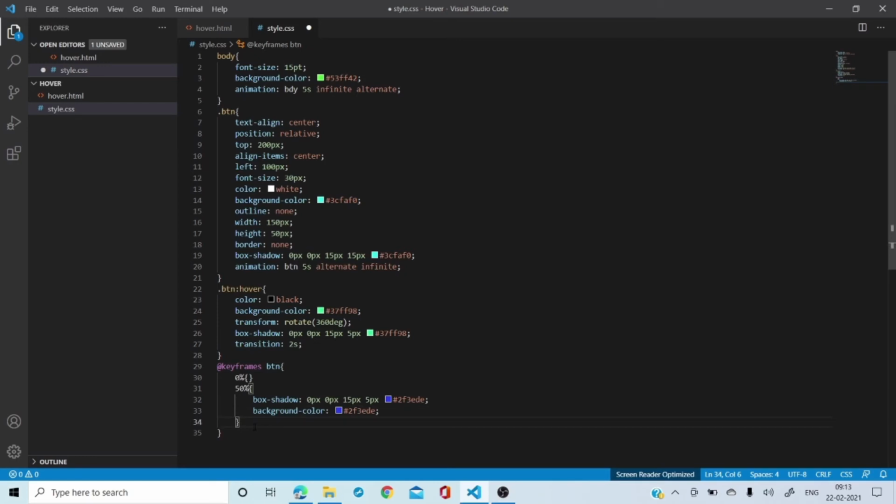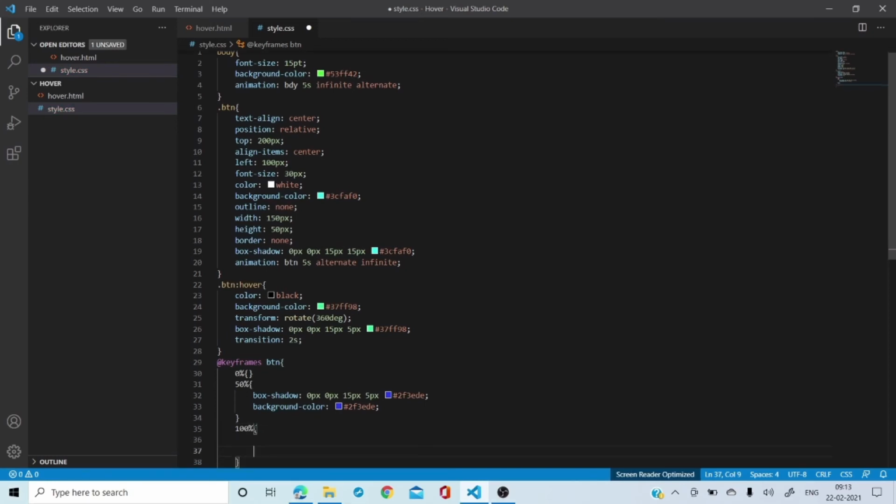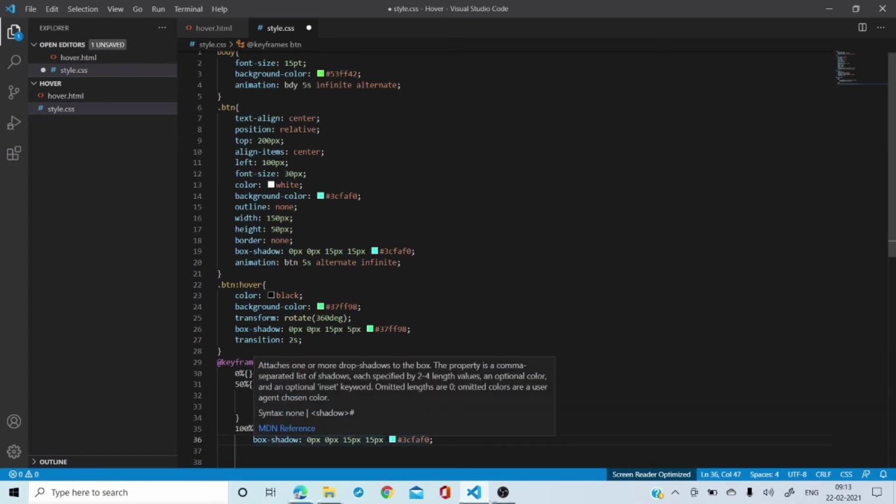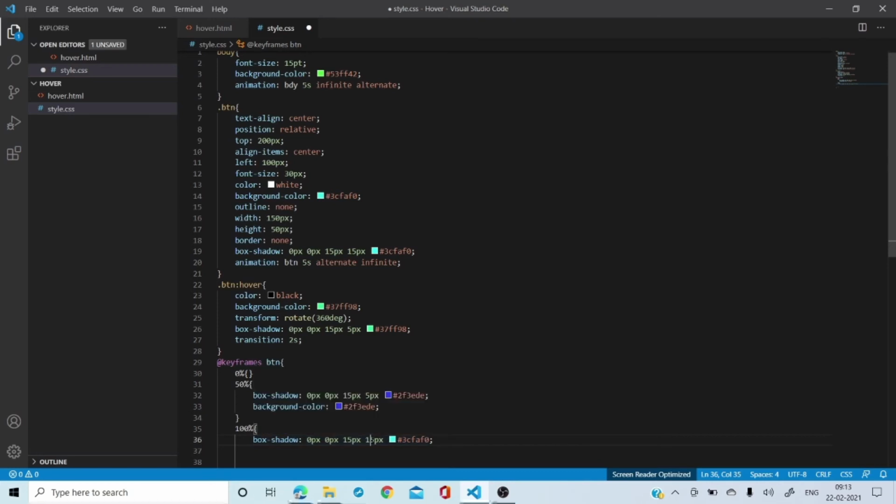Okay. Now once this is done, I want to move it to 100%. Again, use a curly bracket. In the curly bracket, again I am going to use the same thing, that is my box shadow. My box shadow is 0, 0, 15, and make it, say, 5 pixels.